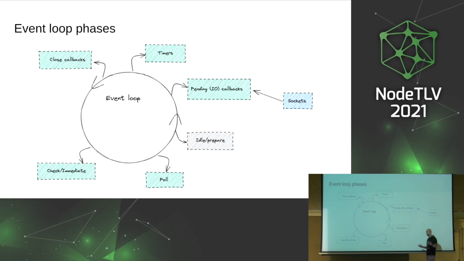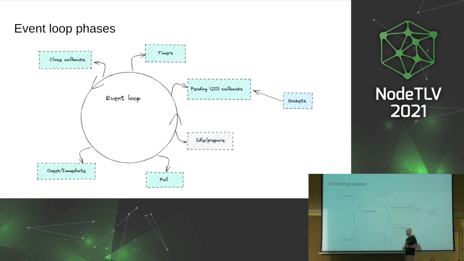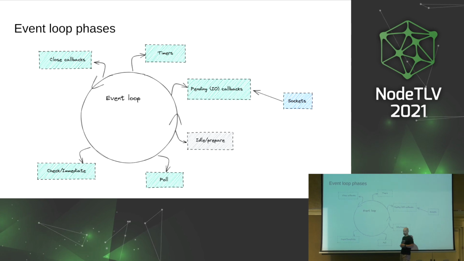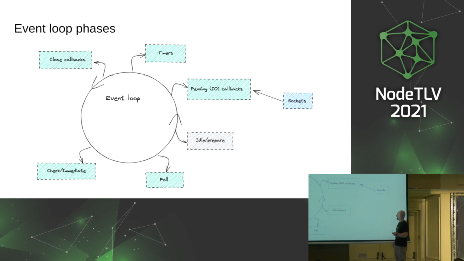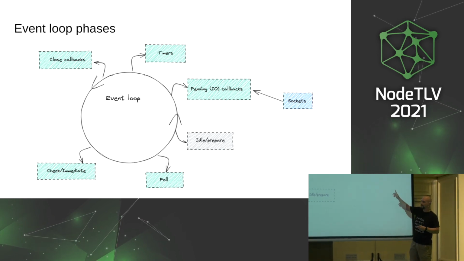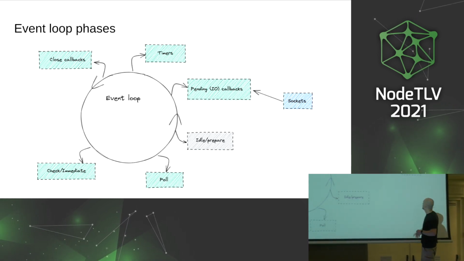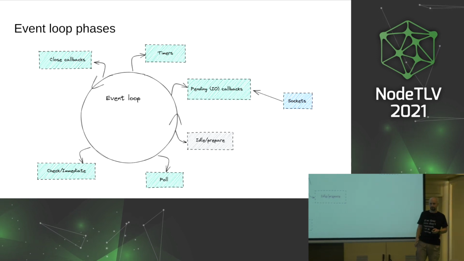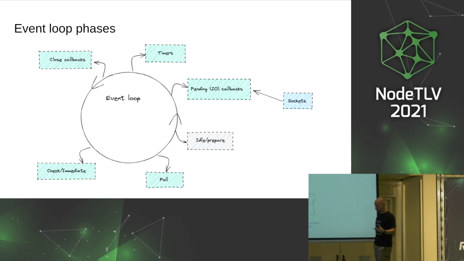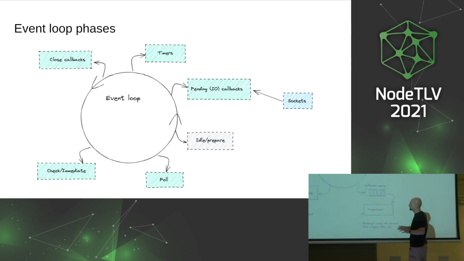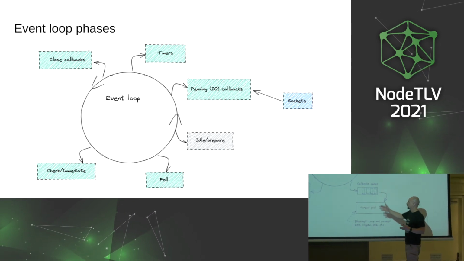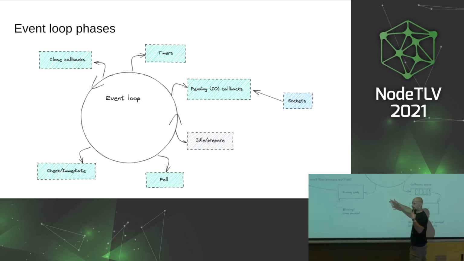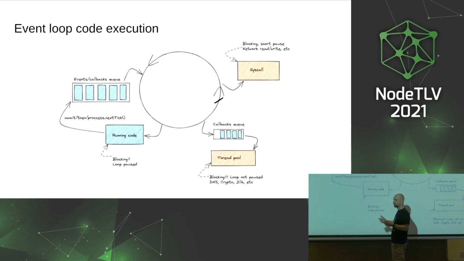And when you use setImmediate, then it's running in this phase here, the check phase, the immediate phase. And when you use something like setInterval or setTimeout, then you're running at the timers phase, okay? So this is basically where your code is running. And every one of those phases has an individual queue. And the sockets, of course, also have an operating system queue, okay? So it's basically something like this.